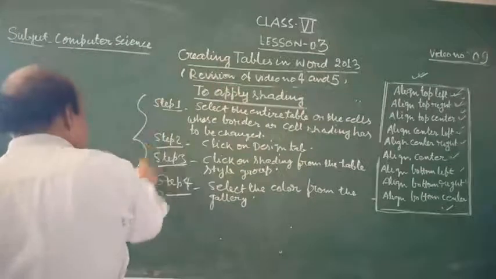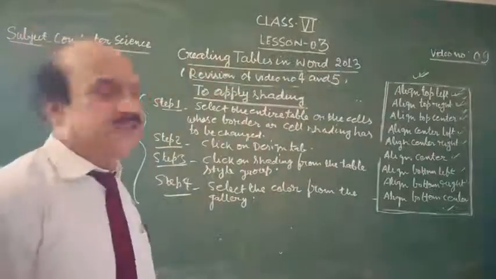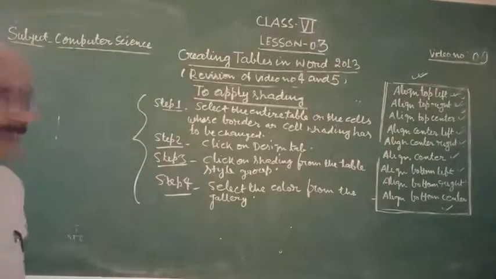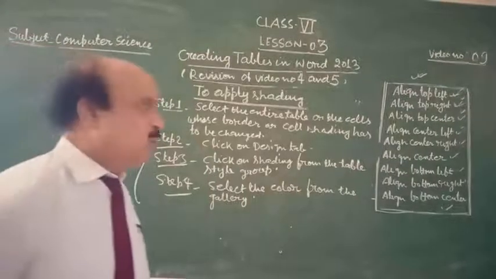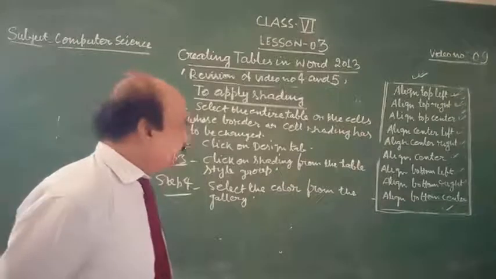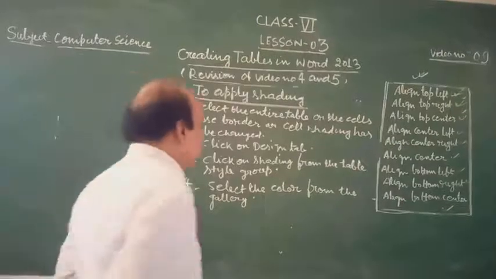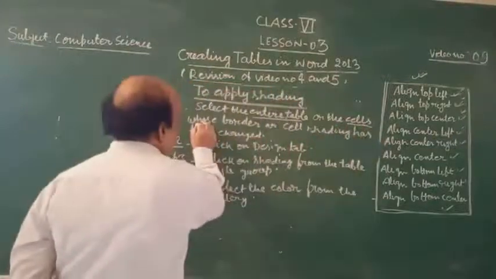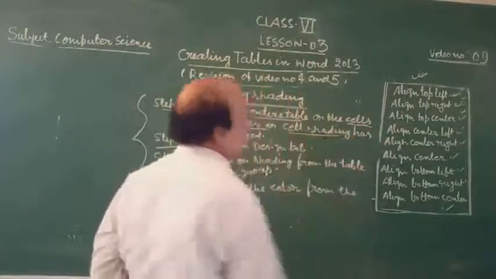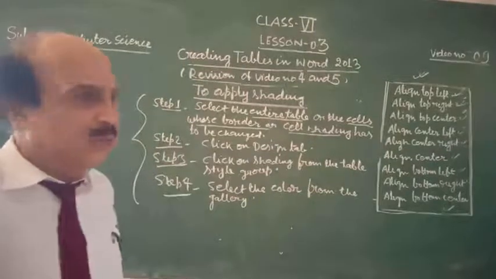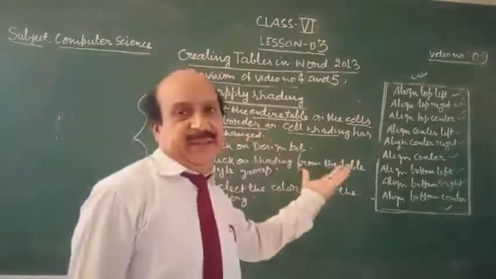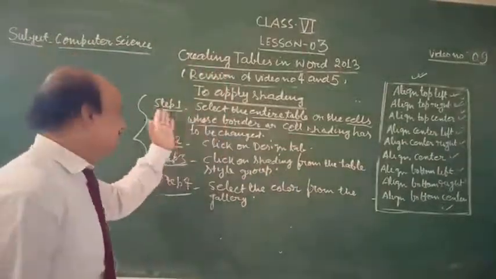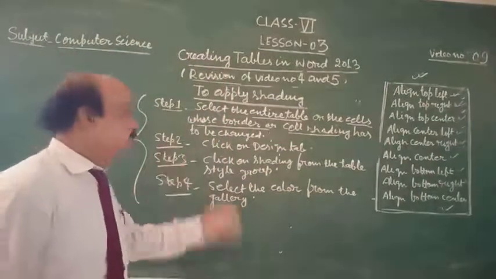So, students, these are the steps by which we can apply any shading. First of all, step 1, select the entire table or the cells whose border or cell shading has to be changed. So, here we can select the entire table or the cells whose border or cell shading has to be changed. So, it depends upon you which type of change you want to make in the entire table. You can after selecting the cells. The first step. After that, step 2,